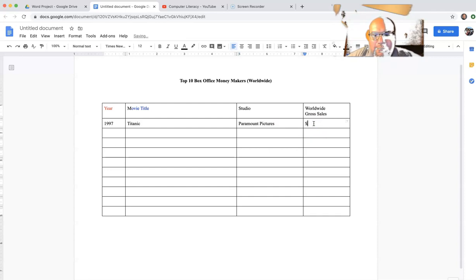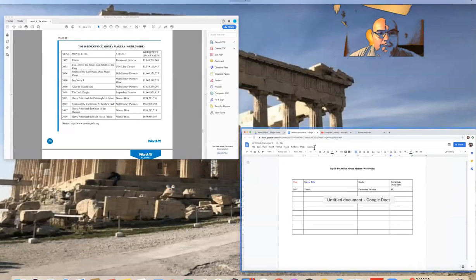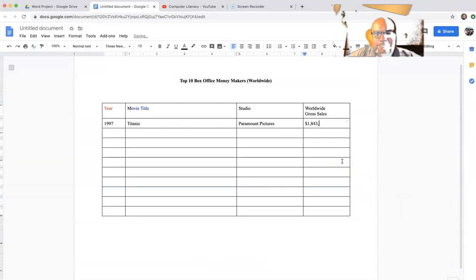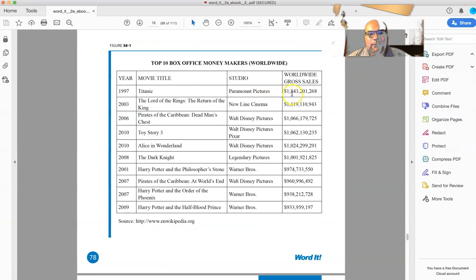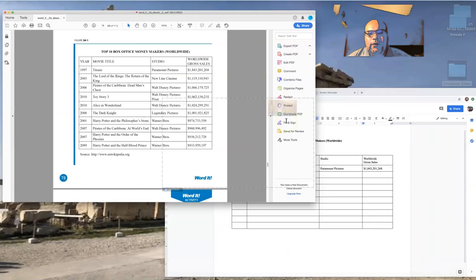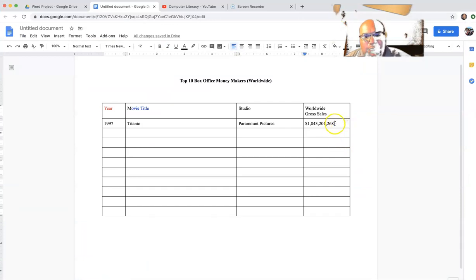So for this one, I would put the $ sign. And then I would put in the amount. I'm sorry, I have to do this. I don't have the paper with me. Okay. So this is your biggest amount. Esta es su cantidad más grande because it is the movie, if we look on here, that has made the most. So the first ones here are the ones that have made the most. So notice that's the biggest number, es el número más grande y todavía tenemos un poquito de espacio. So if needed, si es necesario, podemos mover esta cantidad un poquito, la columna un poquito más to the right, hacia la derecha. But again,